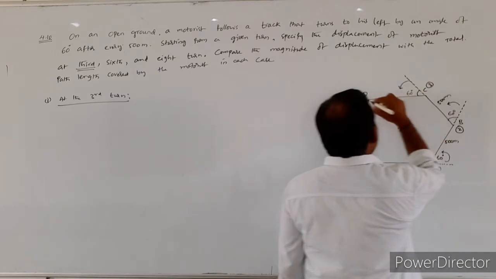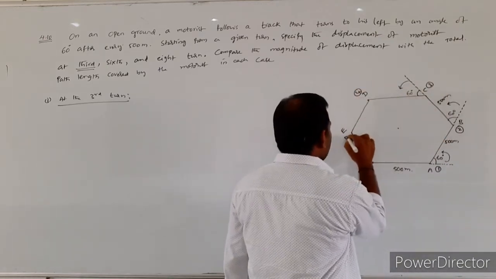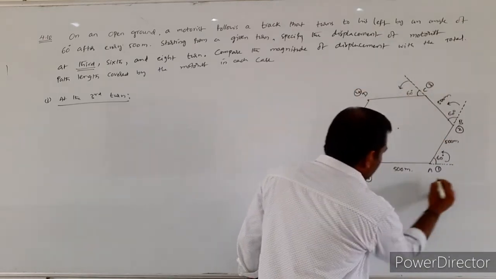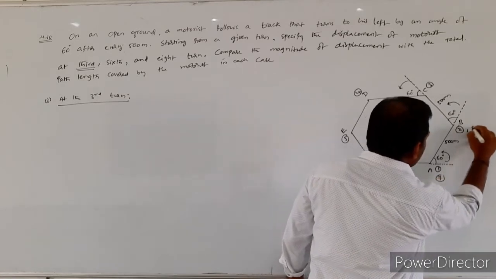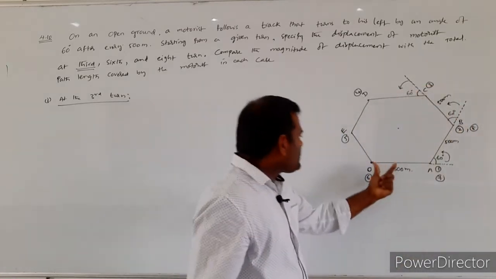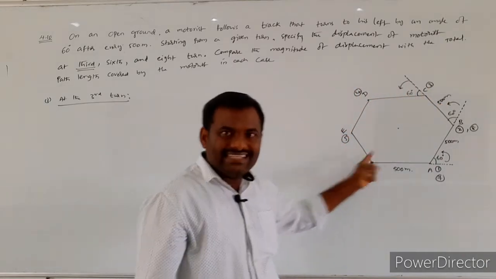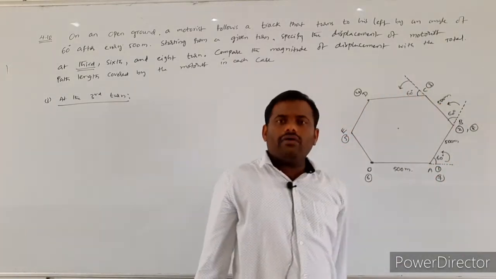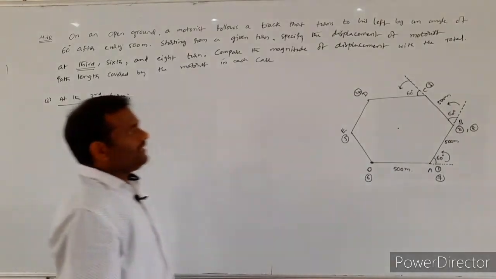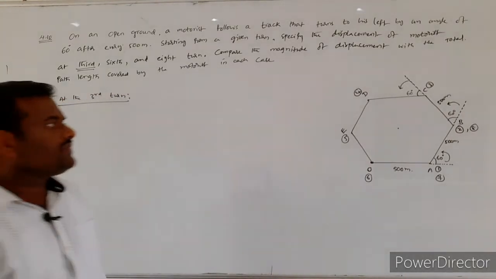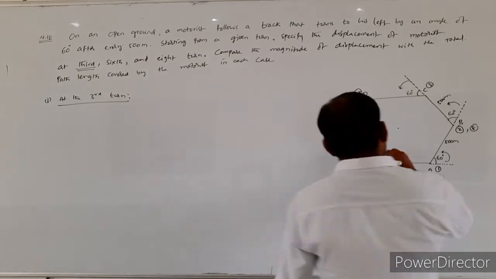This is the third, 4, 5, 6, again here 7, again here the 8th turn. Now we are going to discuss the third turn. In the hexagon,